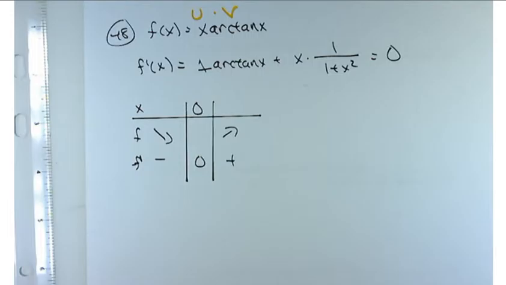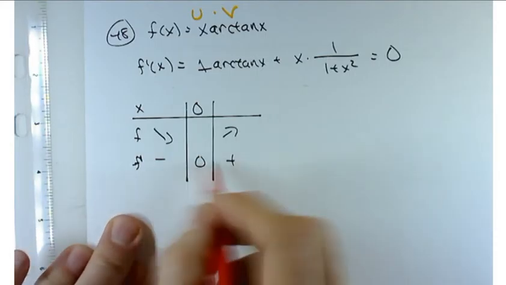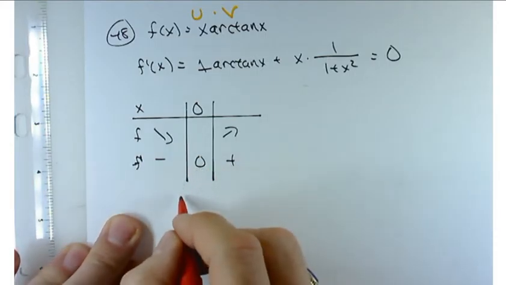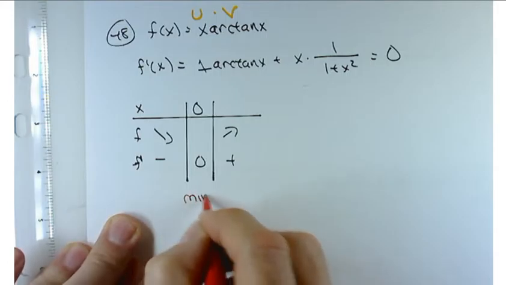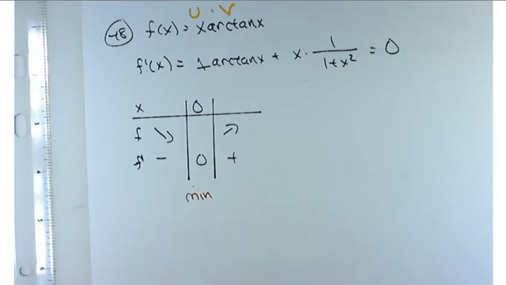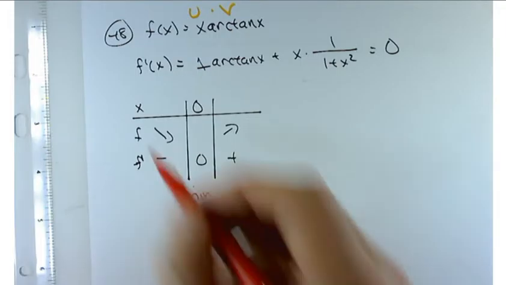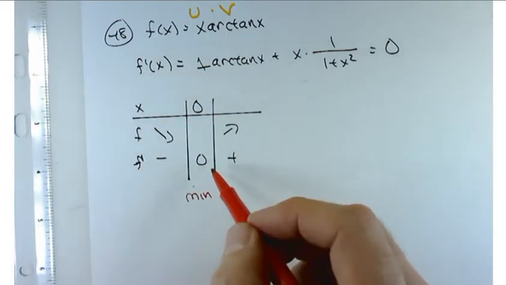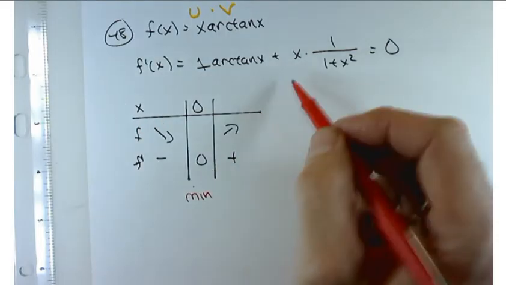Well, if you're just looking at this, it has to be a minimum. In fact, it's not only a minimum, it's an absolute minimum. The function doesn't go below here. It can't, because it's decreasing forever until it gets here, and then starts increasing. If it was to get below this, then at some point it would have to decrease again,